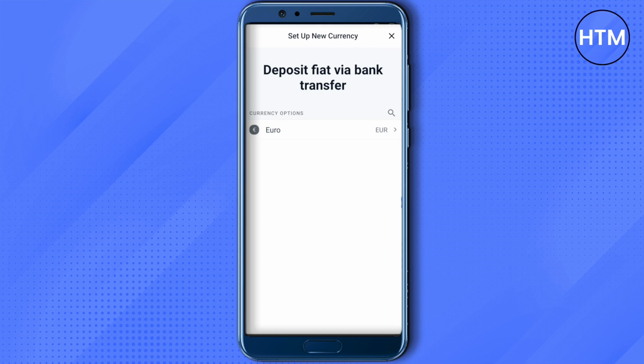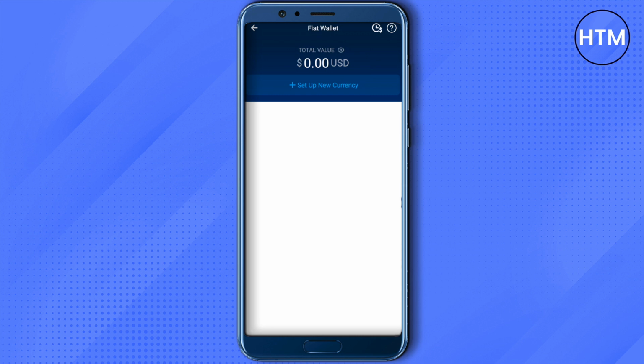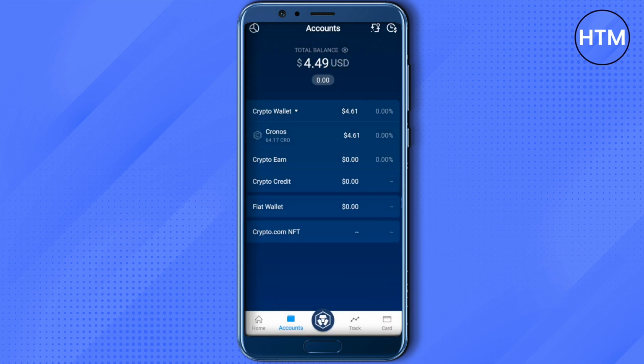It might take up to 1 week or 2 weeks in some cases in order to get confirmation or verification from crypto.com. And after that you will be able to set up currency for your account. And after setting up your currency, you will receive an email from crypto.com. And after setting up this currency in your account, you just have to open up your account section on crypto.com,